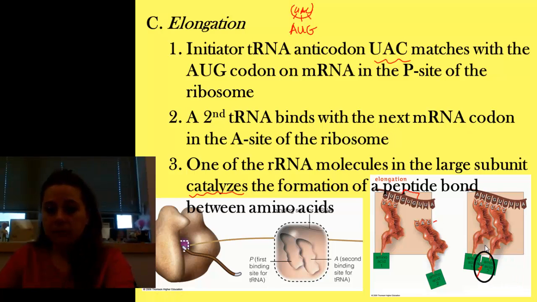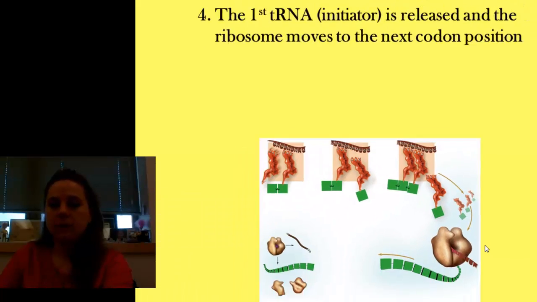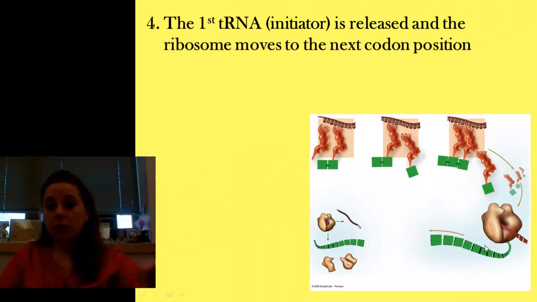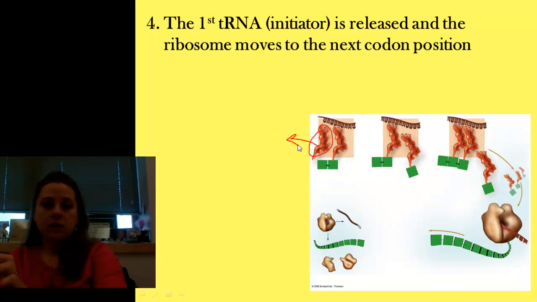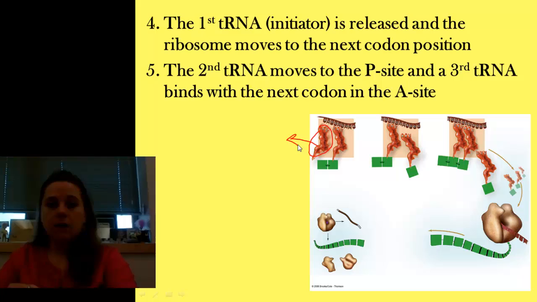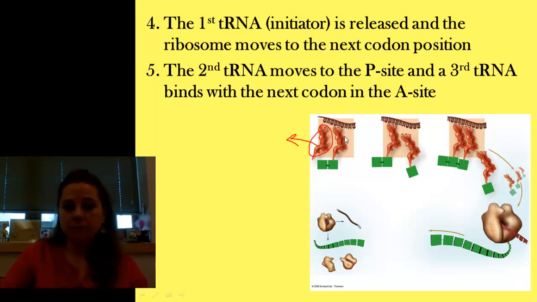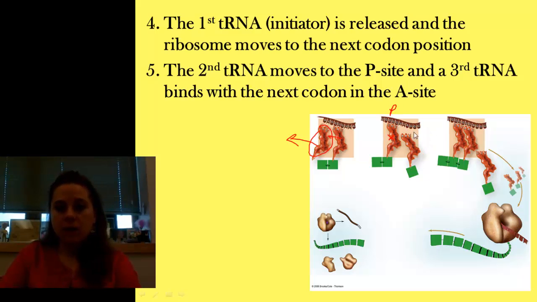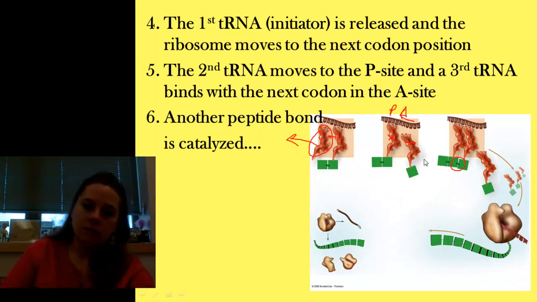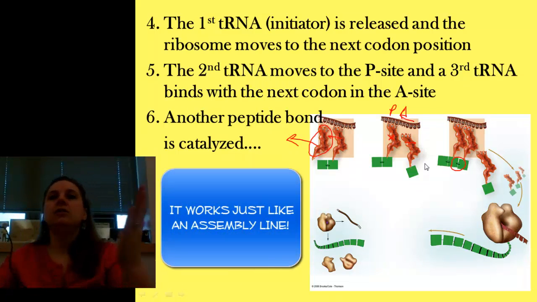Once this happens, okay, oh, there it is. Once this happens, the first tRNA, that initiator, the tRNA itself, lets go, says bye-bye. The tRNA, okay, that was in the A site now shifts to the P site. So this one here now moves over, which is that. And now this is now in the P site. A new tRNA with a new codon matching up to, new anticodon matching up, comes into the A site. Those get linked. And then that one moves over, another one's catalyzed, and it continues on and on and on